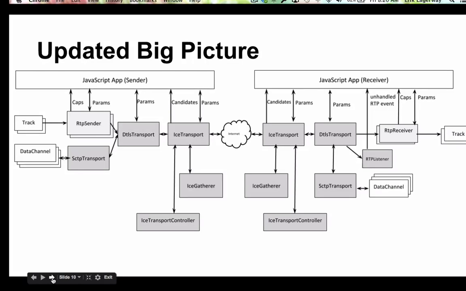And that has to wire into the DTLS transport, which is responsible for encryption, so that you can open up a peer-to-peer encrypted session between you and your remote party, which then layers on top of ICE, ICE transport, whose responsibility is